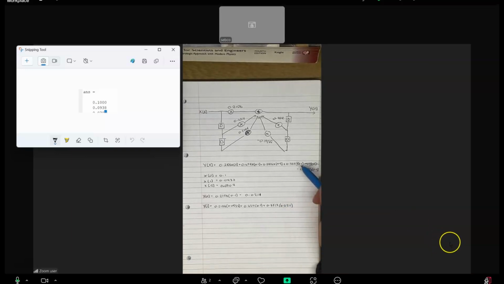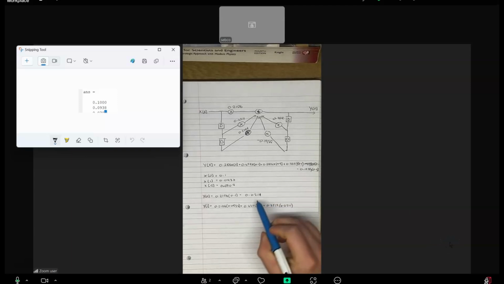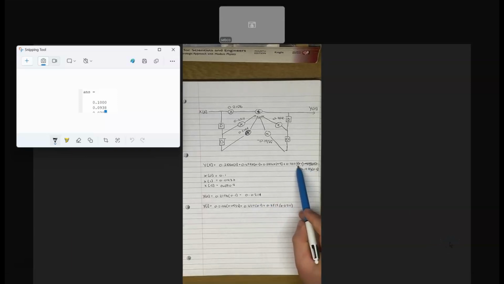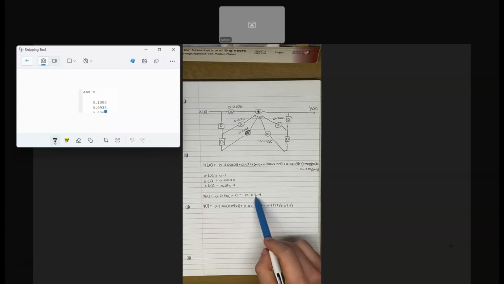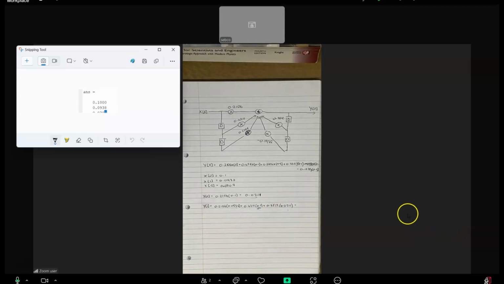Okay, and if you just look at this as y of n minus 1, this is the last output we had, which is 0.0211. And this is n minus 1 again, so we get 0.1, our first input, and this is our second input. And then if we put this into MATLAB,